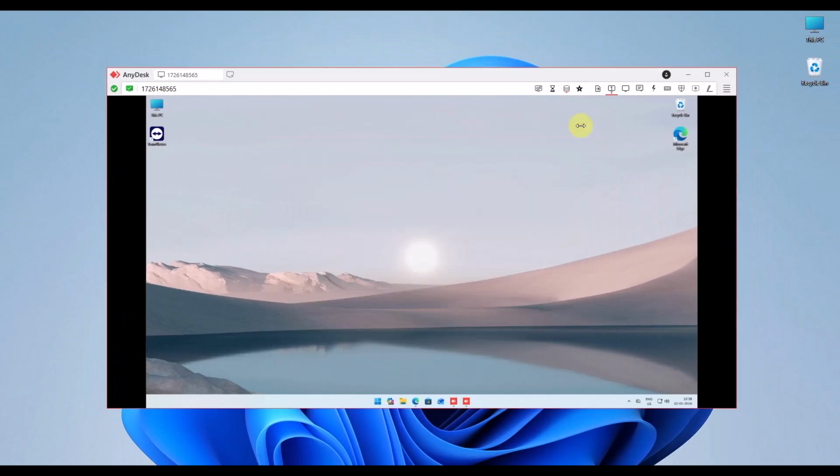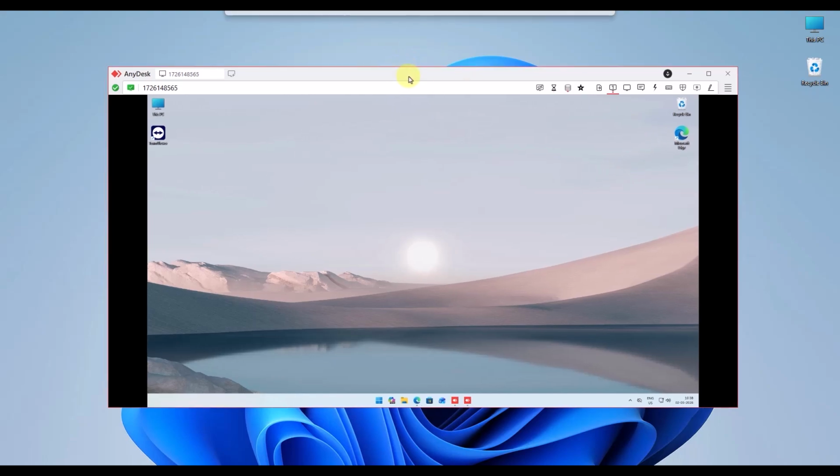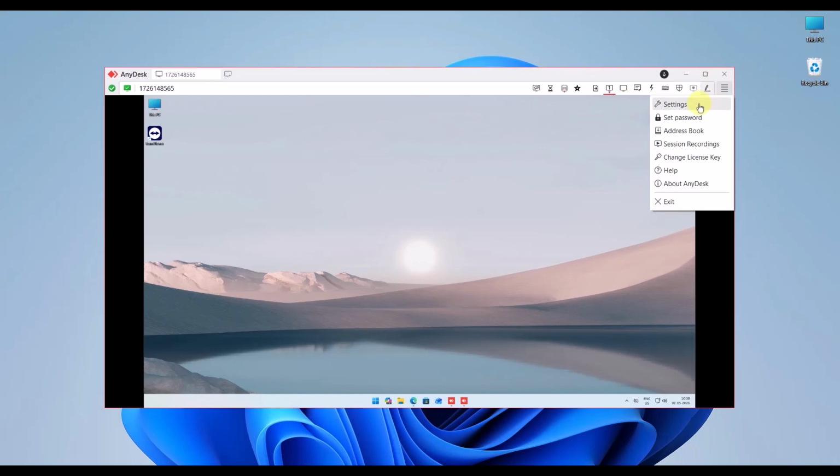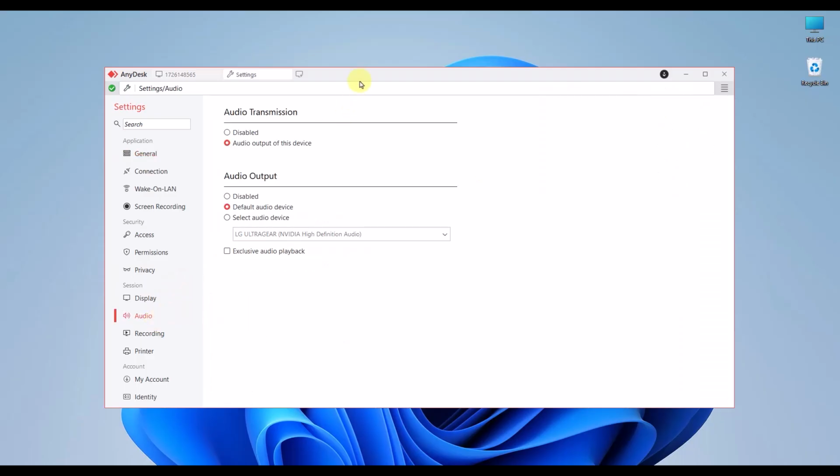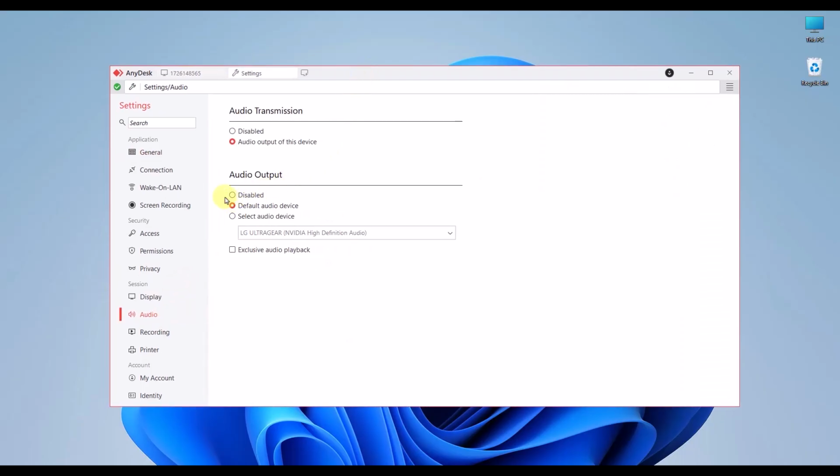Next, you must verify that your local computer is configured to receive and play that incoming audio stream. Open the AnyDesk application on your own computer, go back to the Settings menu, and open the Audio tab just like before. This time, look under the Output section and ensure it is set to your preferred speakers or headphones rather than being disabled. This step tells AnyDesk exactly which audio device to use to play the sound once it